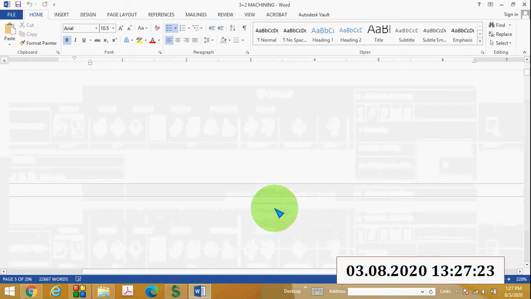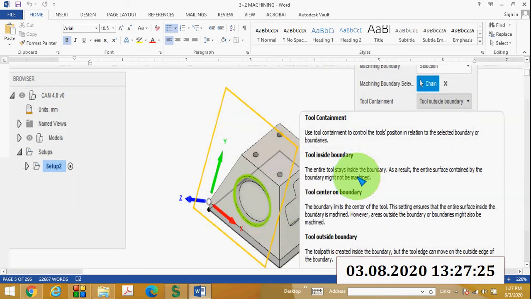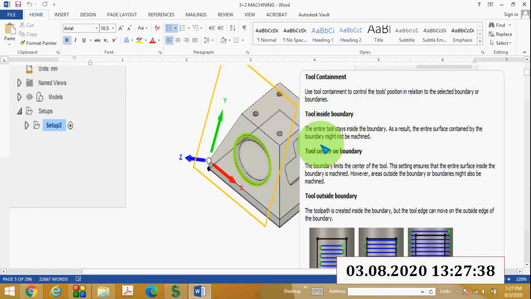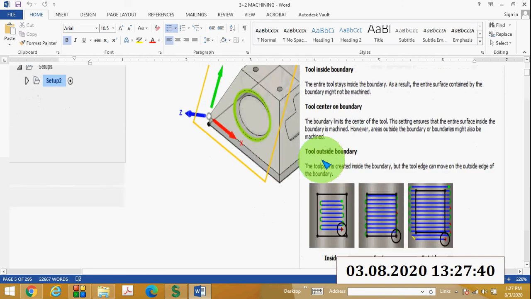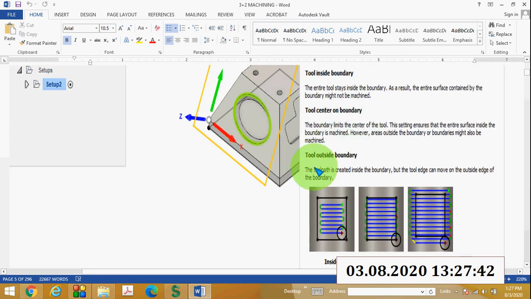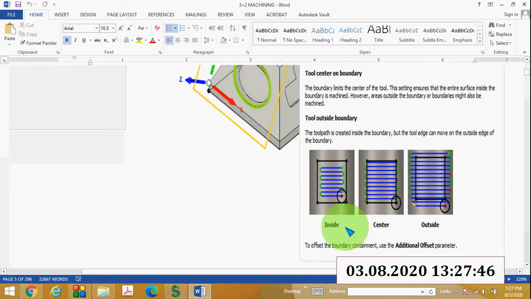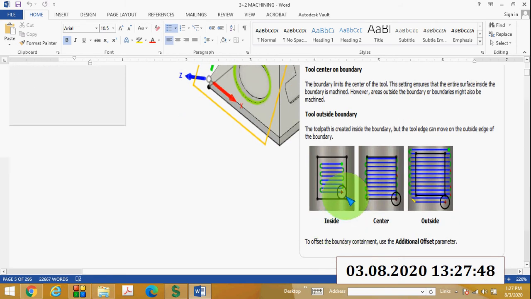Then next is the tool containment option. Tool containment means control the tool's position in relation to the selected boundary or boundaries. There are three options: tool inside boundary, tool center on boundary, and tool outside boundary. Here on the screen you can see this circle represents the tool.